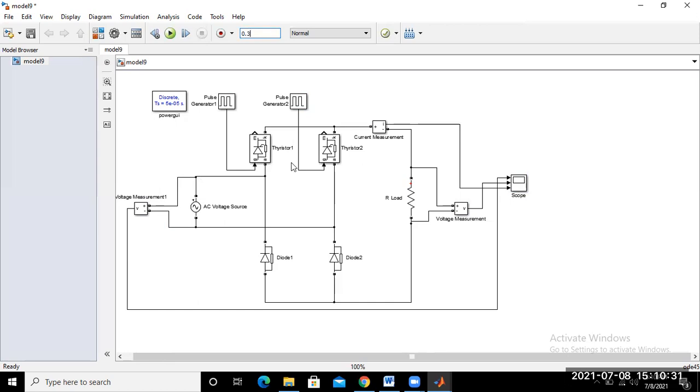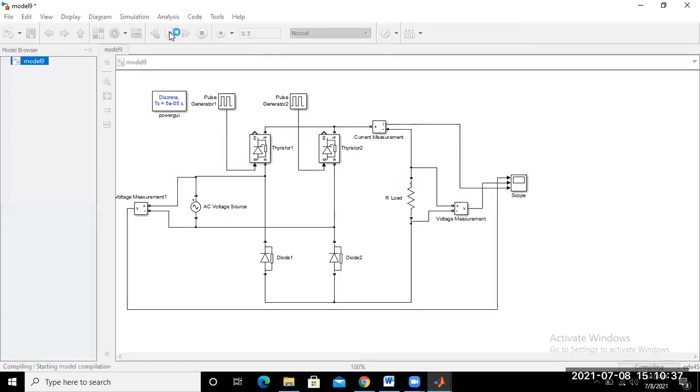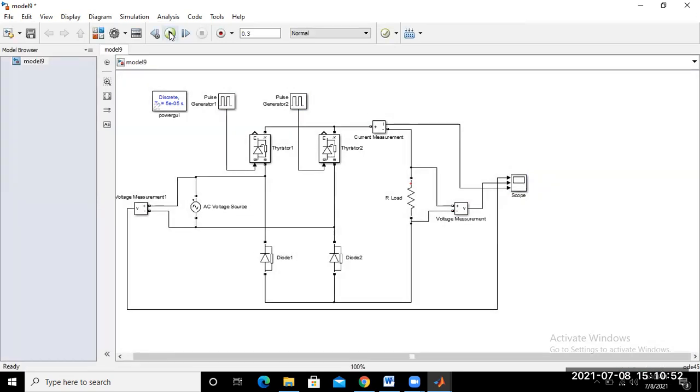Okay. So just run this model. So now compiling this one. Okay. So now click on the scope.